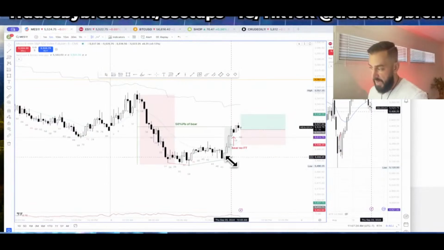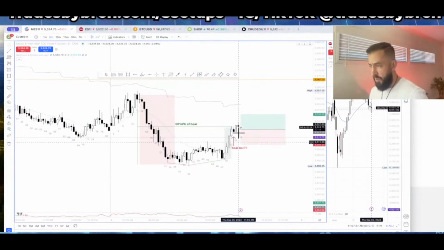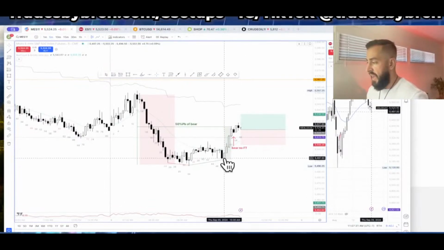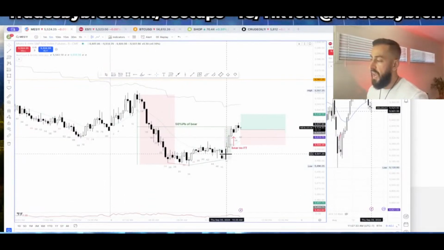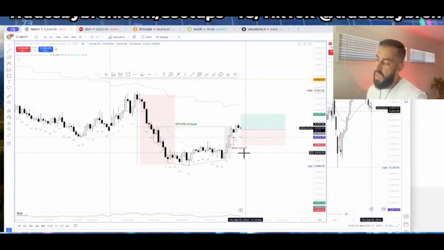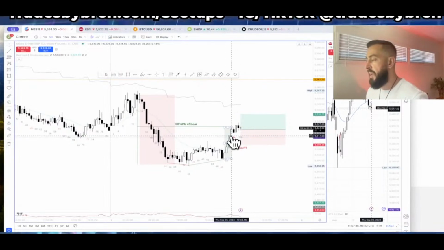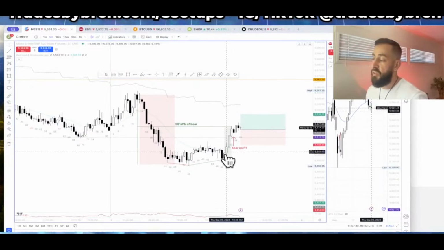This is a bull breakout. 1, 2, 3, 4 consecutive bull bars. This is a 5-minute chart, if you're curious. And notice how these bars are stacked. Do you see how the close of this candle is not even overlapping with the next one? And then the next one, it's barely overlapping, maybe like a centimeter, right? And then on the next one, it's not overlapping at all. You see the closes? So that shows strong buying pressure.